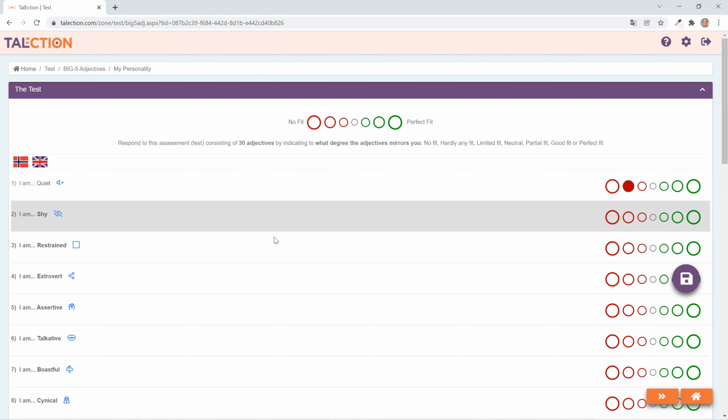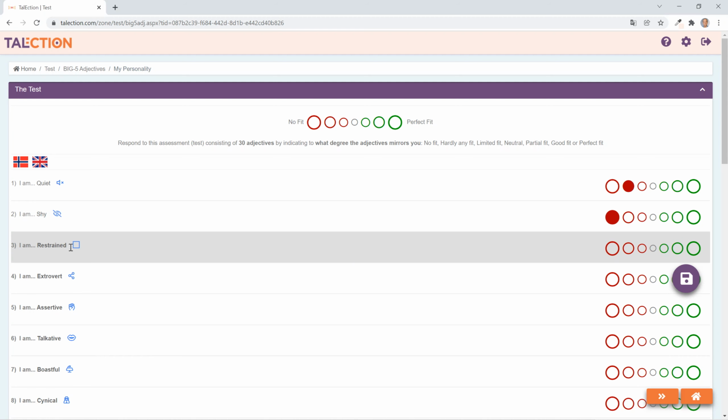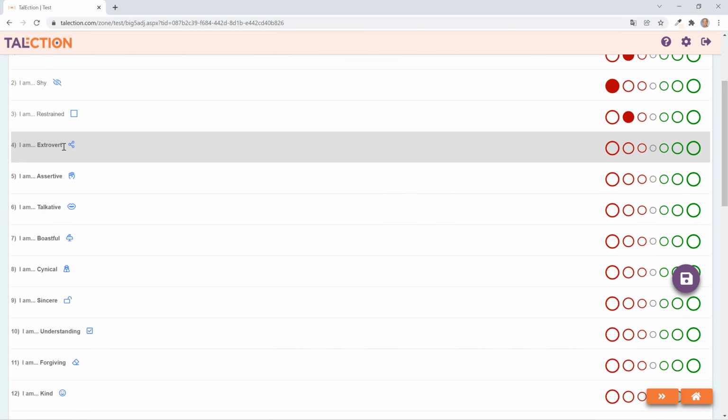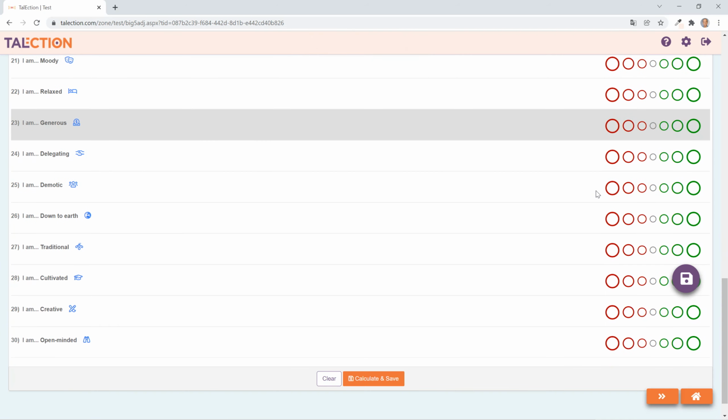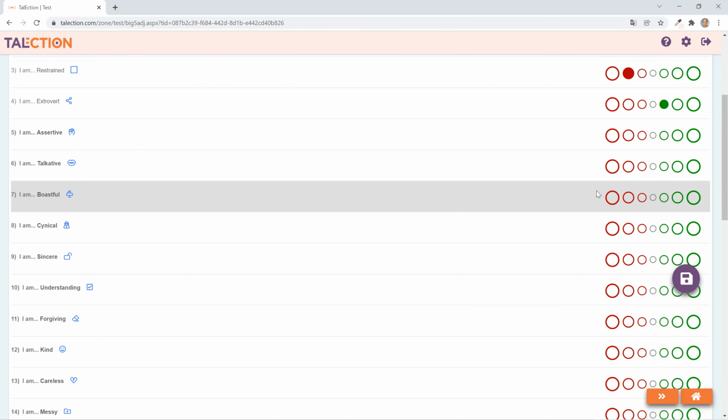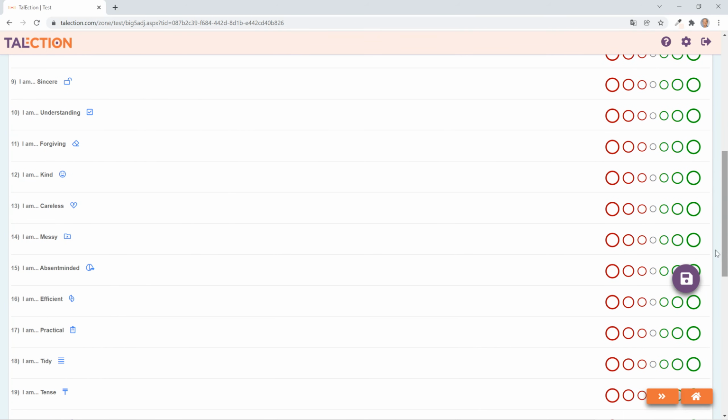Next one is I'm shy, no fit at all. I'm restrained, and not really a good fit either. I'm an extrovert, yeah, mostly, but not to the extreme, so let's say it's some fit. Assertive, etc., etc. So there are exactly 30 adjectives that you need to answer to, and you saw that